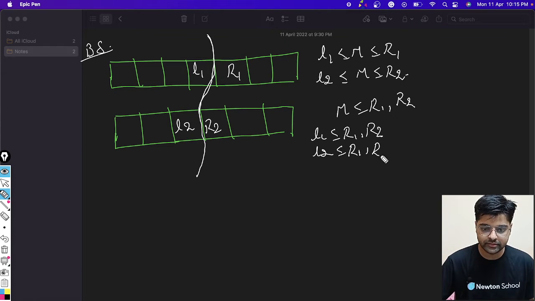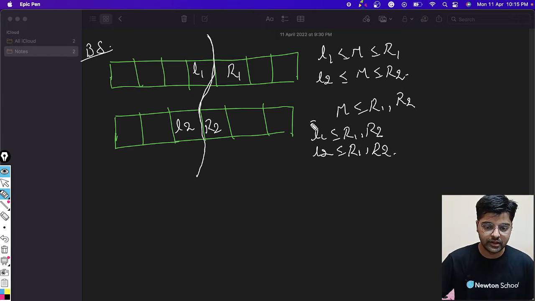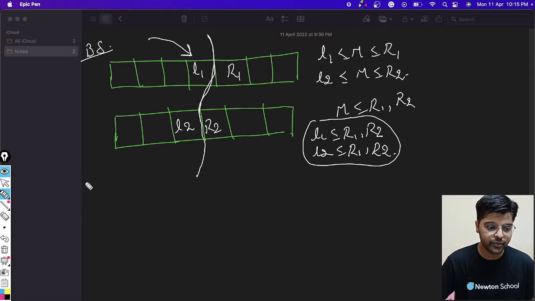So we will use this property: if we get L1 and L2, we will fix the position. Binary search on L1, like what will be the total number of elements, and from the property that a total of (n plus 1) by 2 elements will be smaller than or equal to the median.